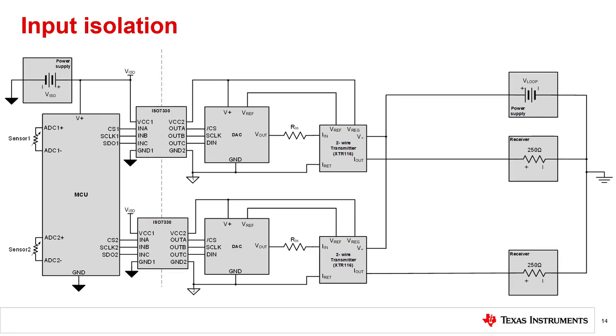Input isolation can also be used if you want to supply a sensor with an independent supply. This is useful if the sensor and its input circuitry use more than 4 milliamps of current. The current for the sensor and input circuitry will come directly from the independent supply, and the digital isolation separates the input circuitry from the transmitter. In this example, only the 2 digital to analog converters are supplied from the regulators of the XTR116s.